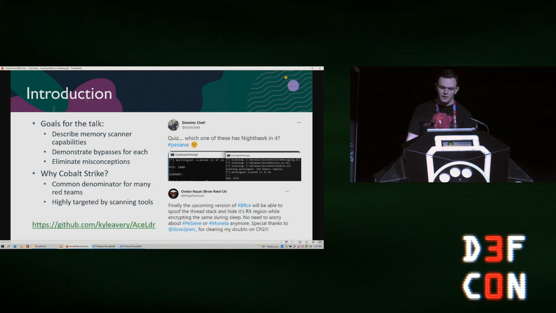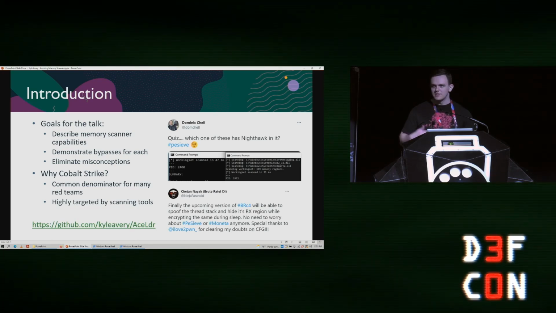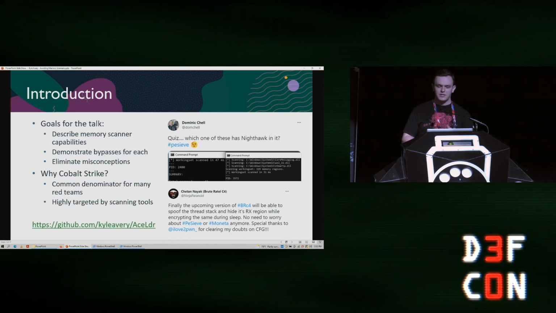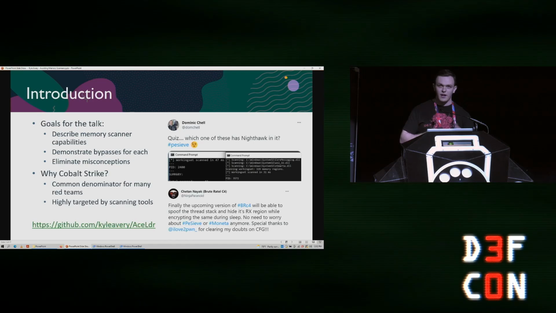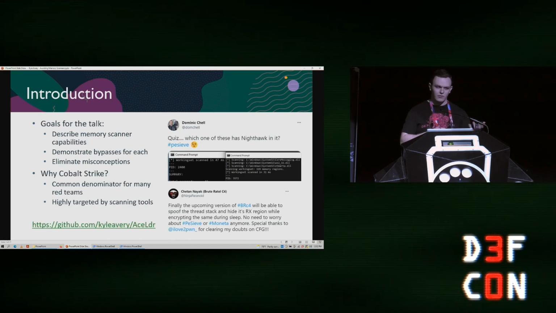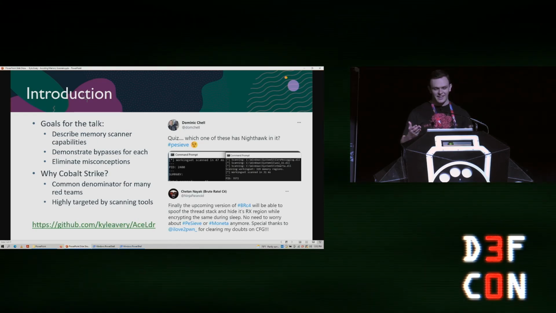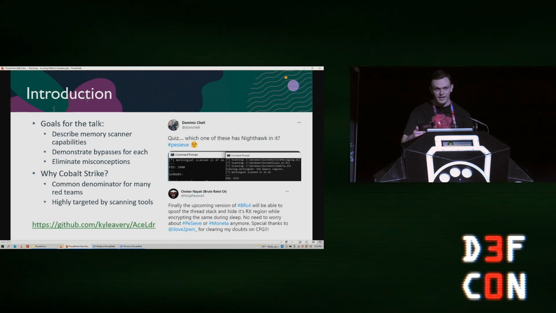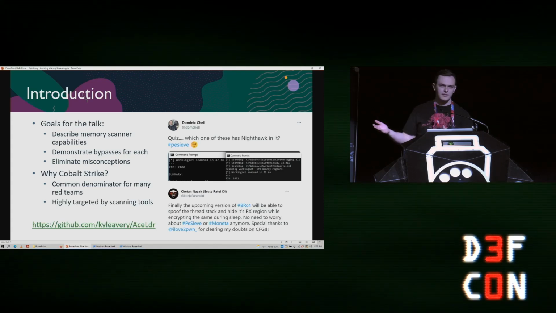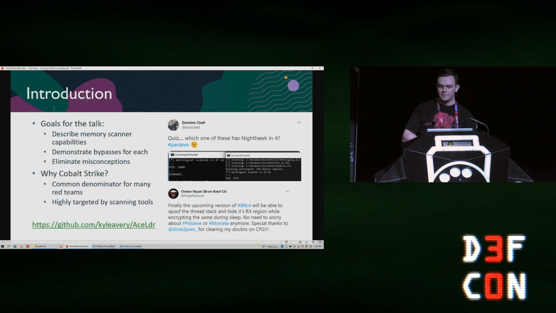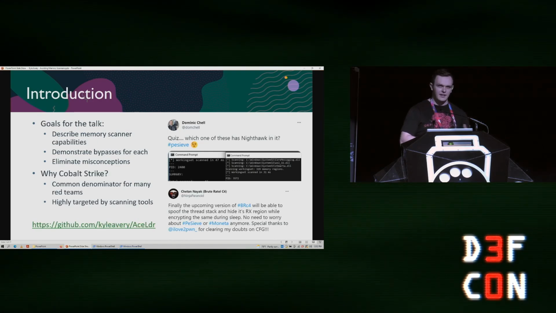And as an added benefit, Cobalt Strike is going to be one of the most heavily targeted tools by scanners. Between red teamers and actual threat actors, lots of malicious groups or simulating malicious groups are using Cobalt Strike. So memory scanners and YARA rules are heavily targeting Cobalt Strike, maybe more than some other tools. Any bypasses that we have might be more effectively demonstrated if they're used with Cobalt Strike than with something else.